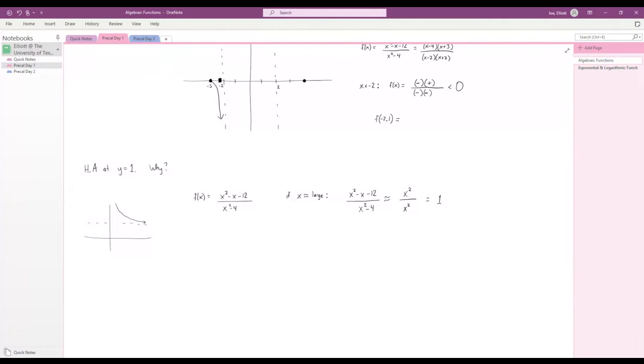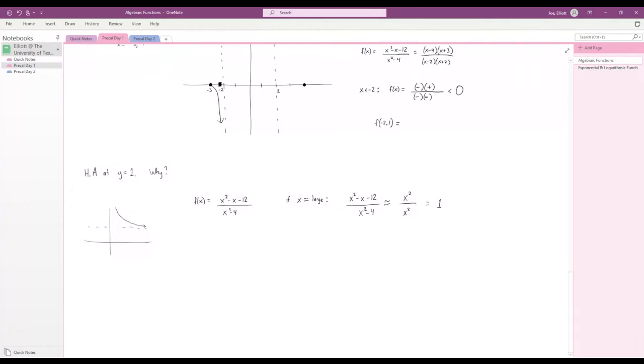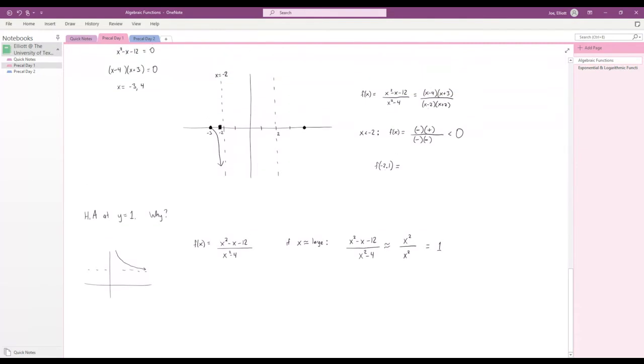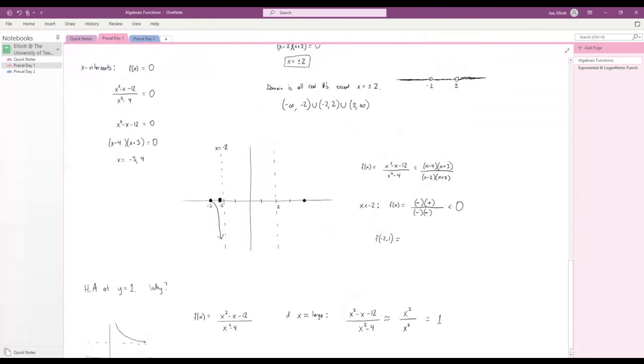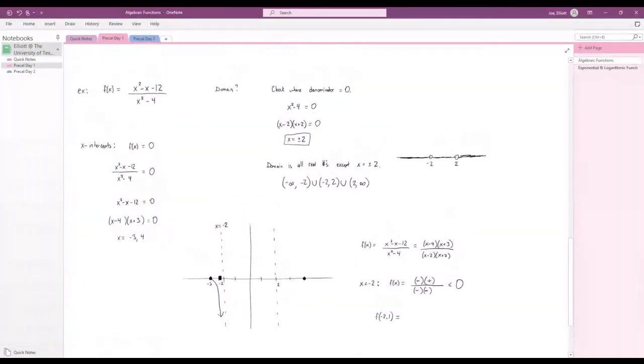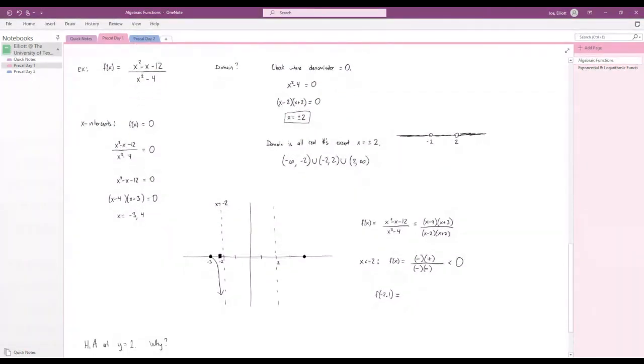Now, for horizontal asymptotes, we think about what's happening when x is a really large number. For the vertical asymptotes, we've identified them by looking at where the denominator is 0. So I wanted to ask everyone another question, which is